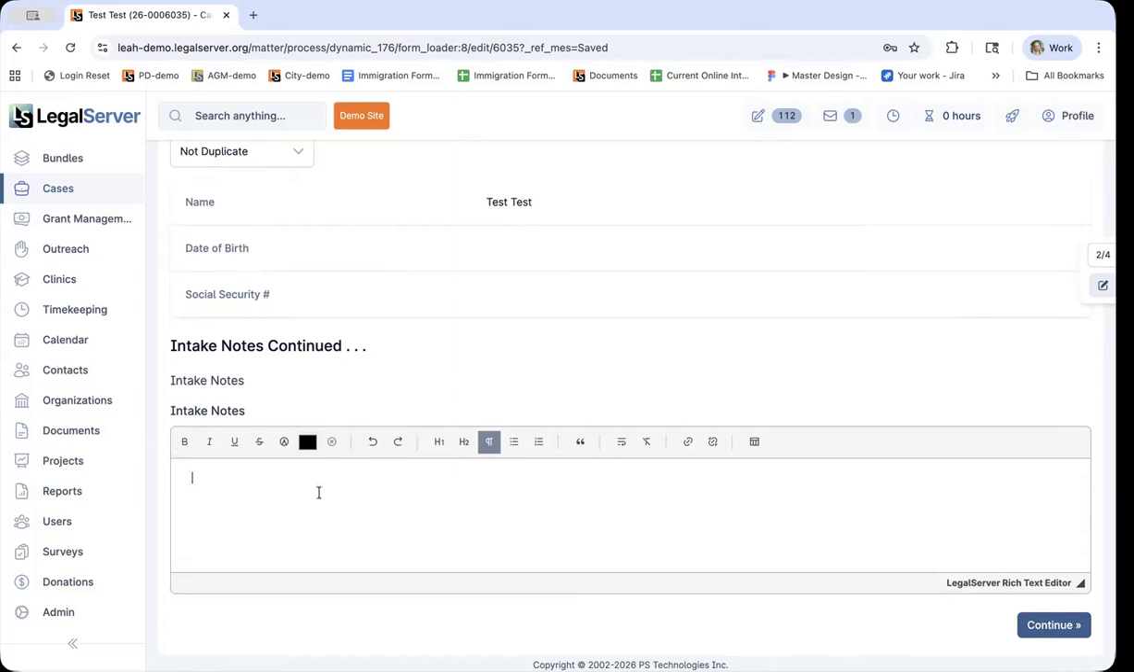And of course, you've got some formatting options at the top. So you can do things like bolding and underlining and bullet points, clickable hyperlinks. All of that is possible here in your notes. And then once I hit continue here, we're going to get to our next step, which in my simple intake